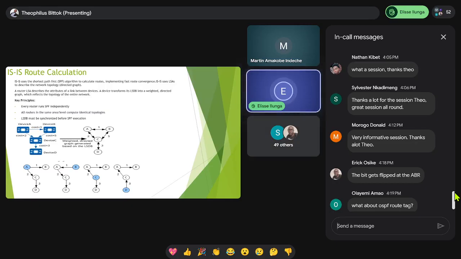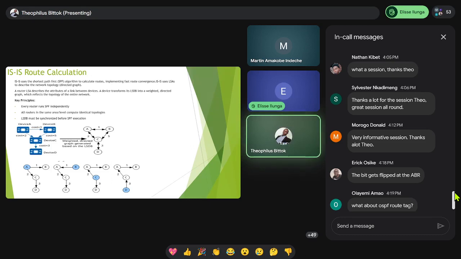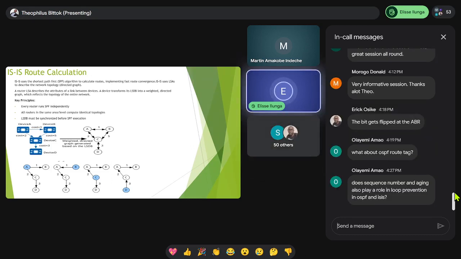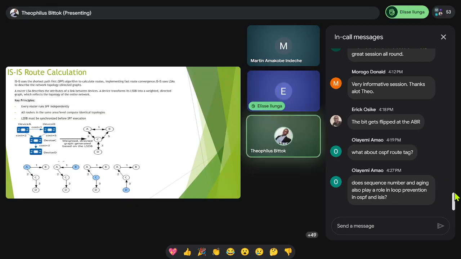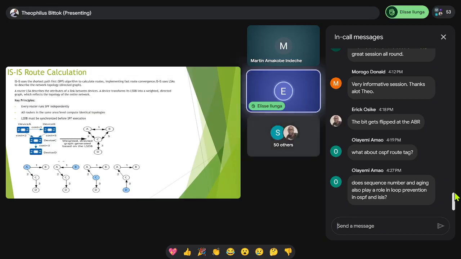Okay, so that means if it's making the CPU usage less than OSPF, ISIS is better than OSPF. Yes, ISIS is better. Okay, thank you so much. And you mentioned something about incremental. When I said incremental, it's just checking the links that are affected. It's not checking all the links that have been installed in the LSDB. Okay, thank you so much.